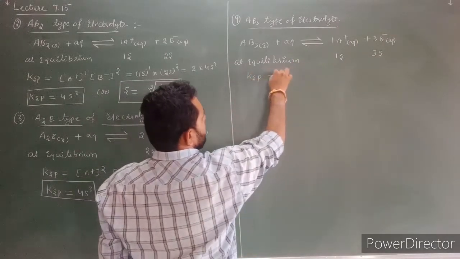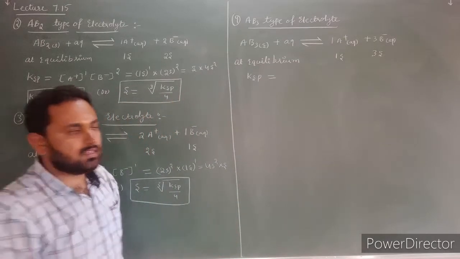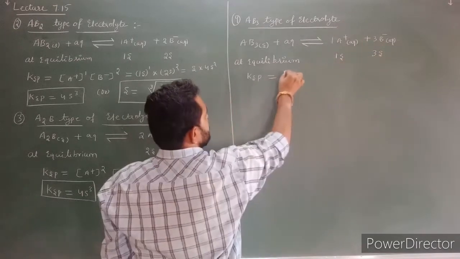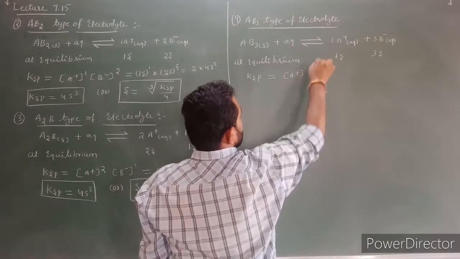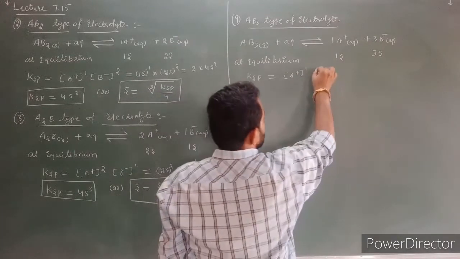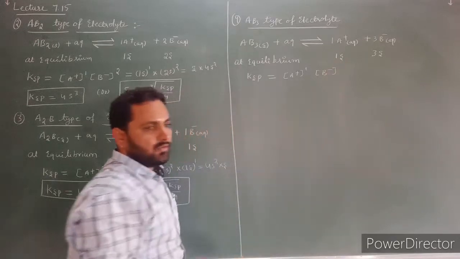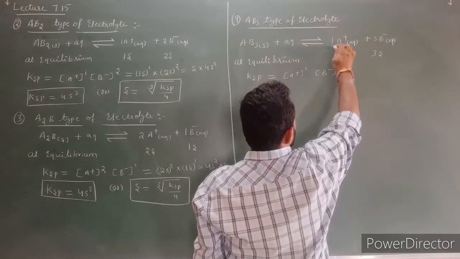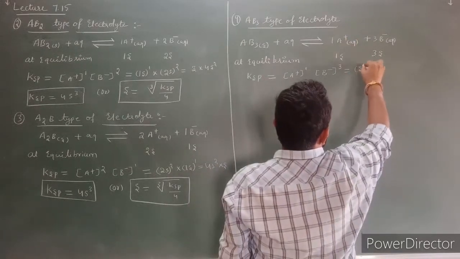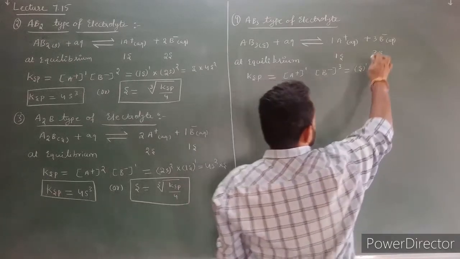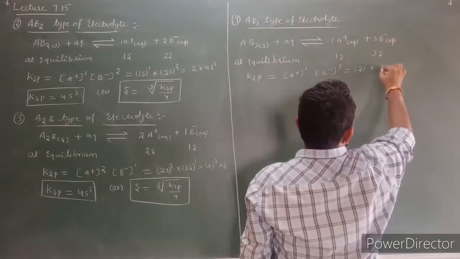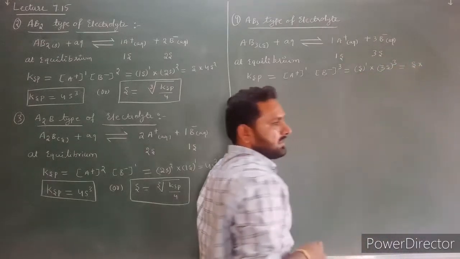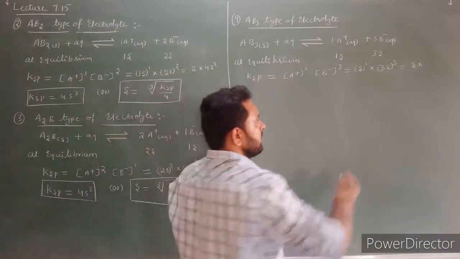Ksp is equal to the product of molar concentration of ions present in saturated solution. Here the ions are A plus and B minus. So molar concentration of A plus ion and its stoichiometric coefficient is 1. Next, molar concentration of B minus ion and its stoichiometric coefficient is 3. Next, you substitute the values. The solubility of 1 mole of A plus ion is equal to 1s, s power 1, into the solubility of 3 moles of B minus ion is equal to 3s power 3. Next, here s into 3 cube means 3 3s are 9, 9 3s are 27 s cube.